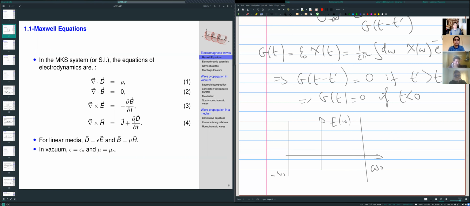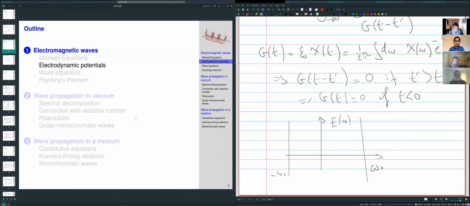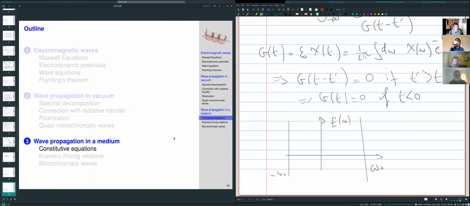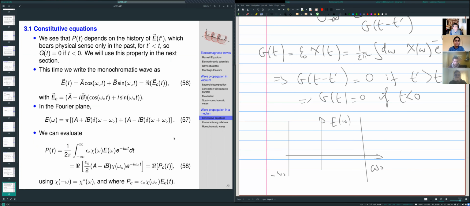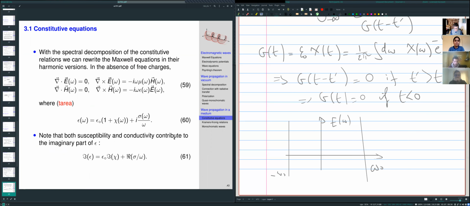The time dependence of the magnetic field, for instance, will yield an i omega when you differentiate. And likewise for the electric displacement, which will also yield an i omega. So these Maxwell equations can be written in this way